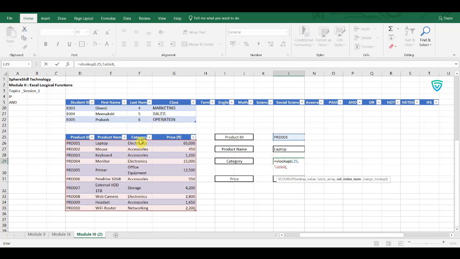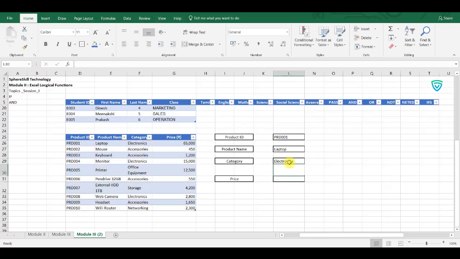So now what we want, category is in the third position, right? So third position, so we are going to make it as a true and get it. So we got it. What is this? Electronics. Okay. Now I want the price catalog for this. Okay. So how to get this? We look up,